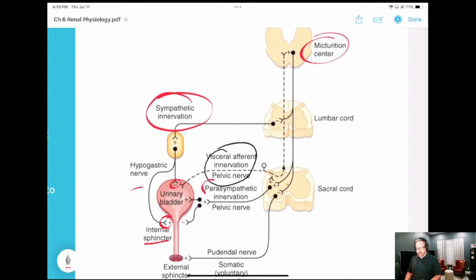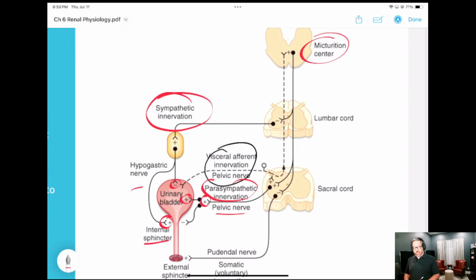On the parasympathetic side, it's the pudendal nerve, S3. Oh, that's the motor nerve. Parasympathetic innervation is the pelvic nerve. Remember, S2, S3, S4 are the main ones for parasympathetic in the sacral division. And what the parasympathetic is going to do is two things. So now think about, okay, we're going to the bathroom, we're going to urinate now. The sympathetic system is dominated now by the parasympathetic system. What the parasympathetic system is going to do